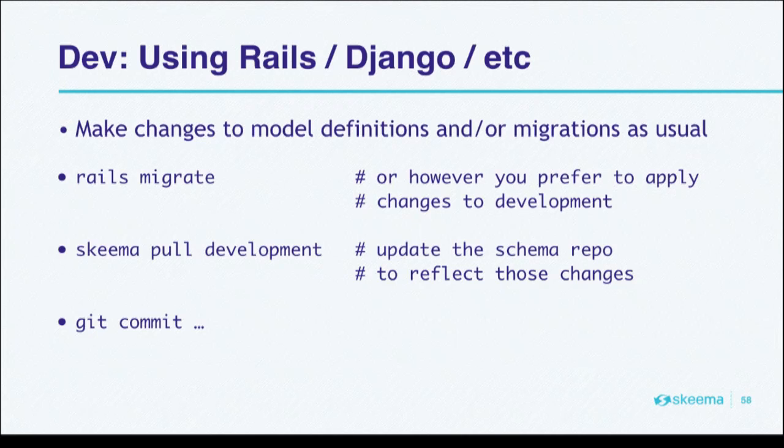So you would run Rails migrate or however you normally apply development changes in your framework. And after doing that, you can pull from development to update your Schema repo file system to map whatever you just did to development. And then you can commit that to Git and then push it out to production using Schema